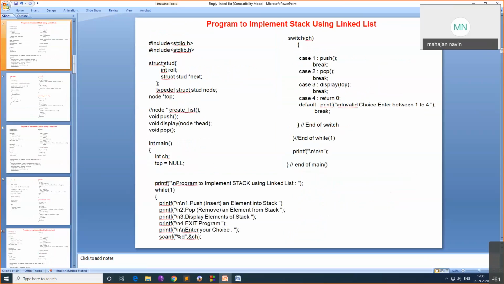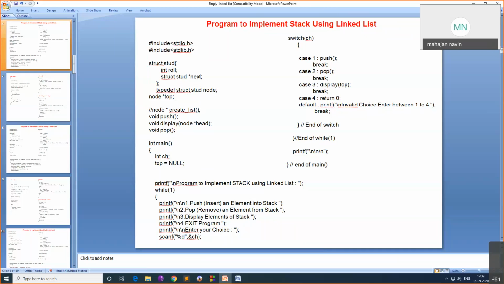Now what is a node here? I have defined a node as a student. So it's a node of a student having a roll number and a pointer. We can also have student name, student marks and all, and everything can be part of the data. But for programming purposes, I have taken data as just a roll number. Struct student: how do you define a node? It's a linked list of students. So integer roll number, that is the data, and we have the pointer, struct student pointer next. Now a pointer of what type? Next is a pointer of type struct student.